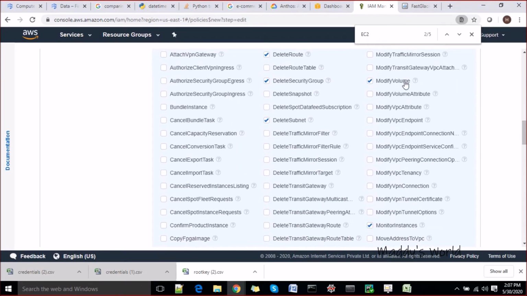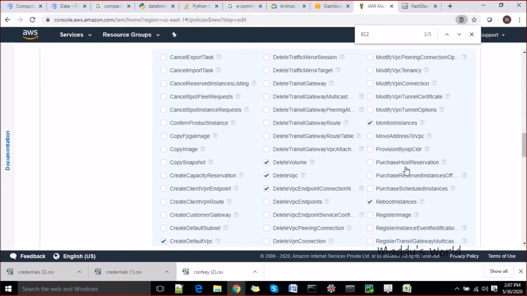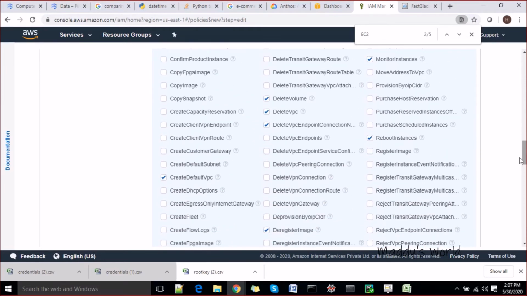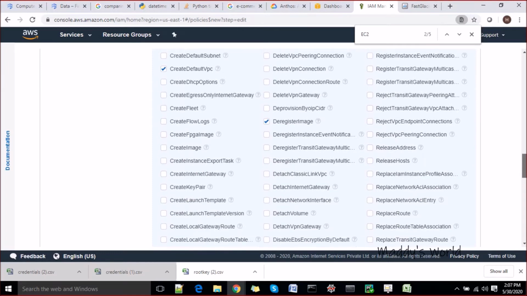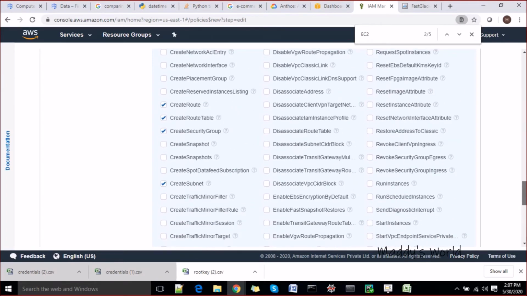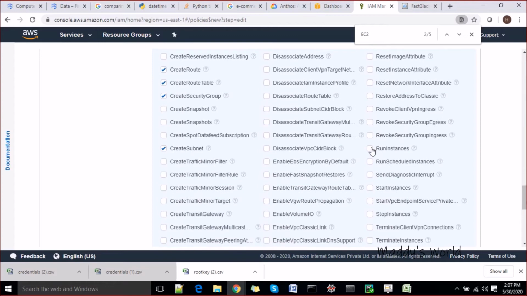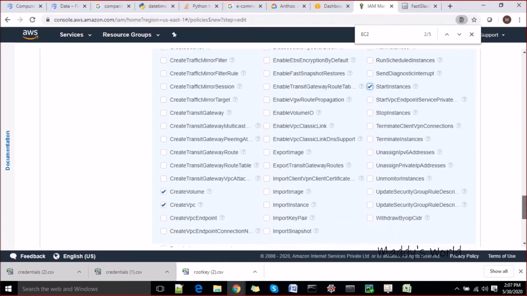Let's not give the modify instance option now. Monitor instance, reboot instance, let's not give the reboot access also. Register image, I'm not seeing the terminate option here. Let's say we give the run instances step to them, and we give the start instance also. We do not give stop, terminate and anything to them now.